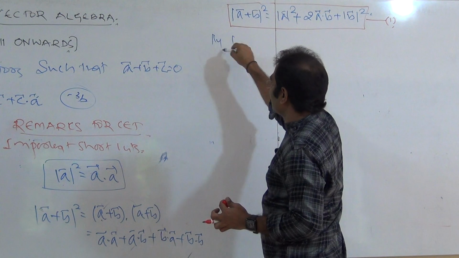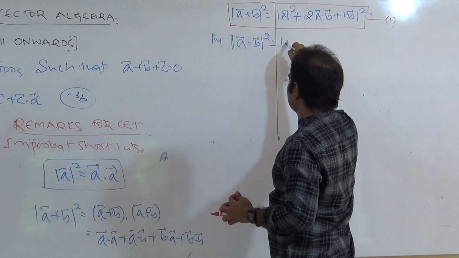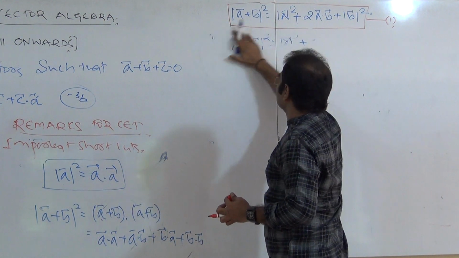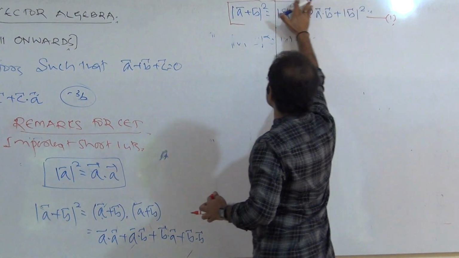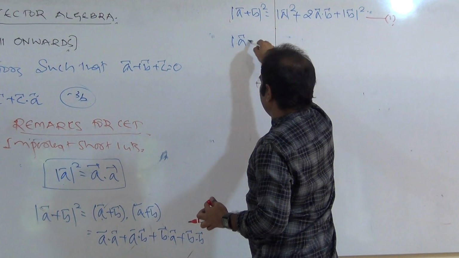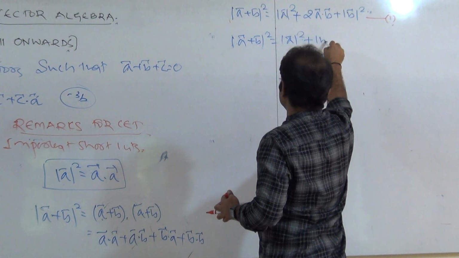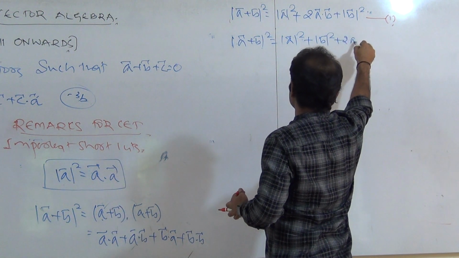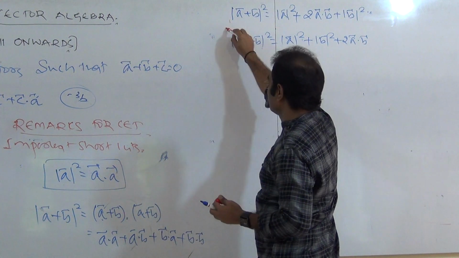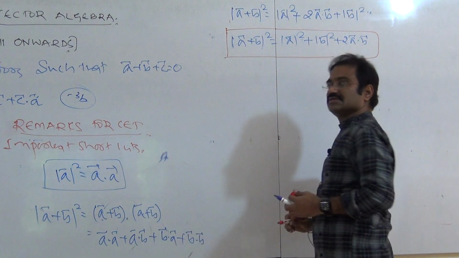Then similarly you can write A minus B bracket square, that is magnitude of A square, or you write one more step so that you can remember very easily. A plus B bracket square is equal to magnitude of A square plus magnitude of B square plus 2A dot B, as usual discussions of our algebra, A plus B bracket square. But observe, first two are the magnitudes, then as it is.